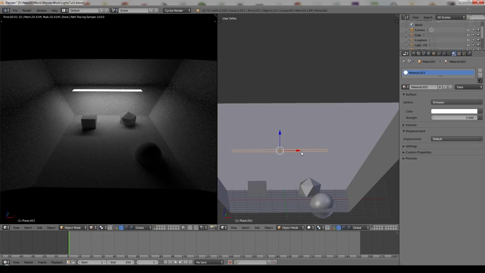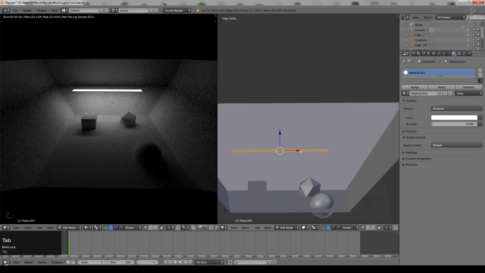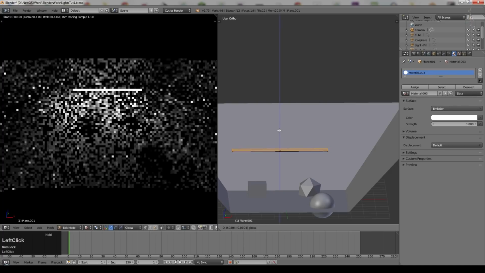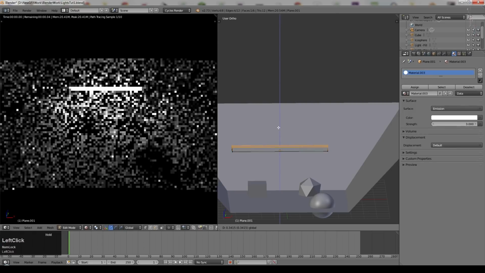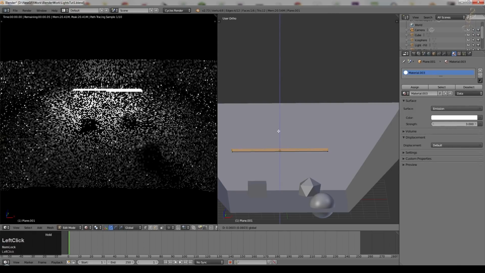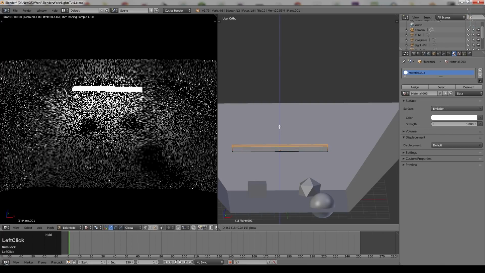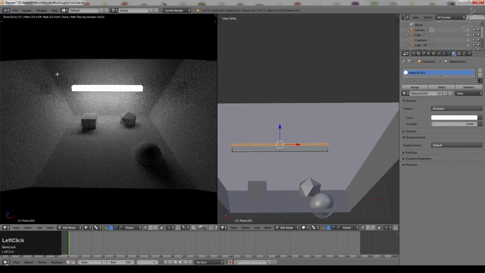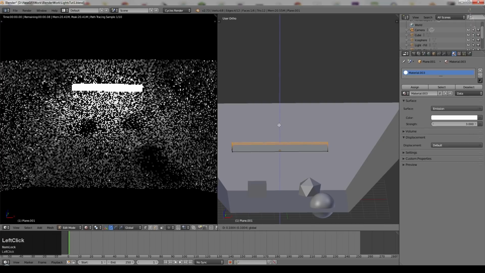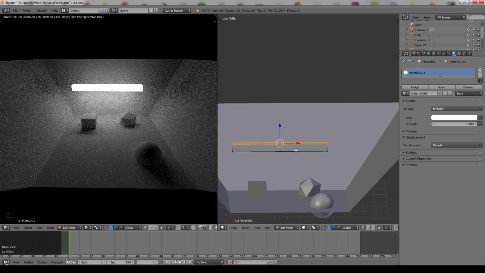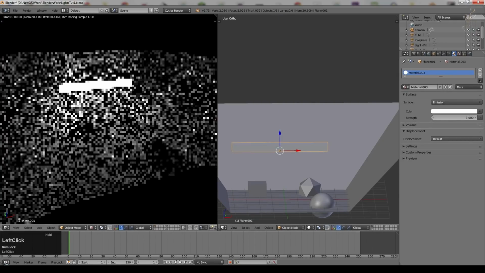Quick and easy and dirty fix. Go into edit mode, press E and scale up just to give the object a little bit of thickness. And you can see when it's very thin, we've still got a horizontal line there, but as I make it thicker, enough light is emitted to start to erase that line until it completely disappears. So we've now got quite a nice lamp in that scene.